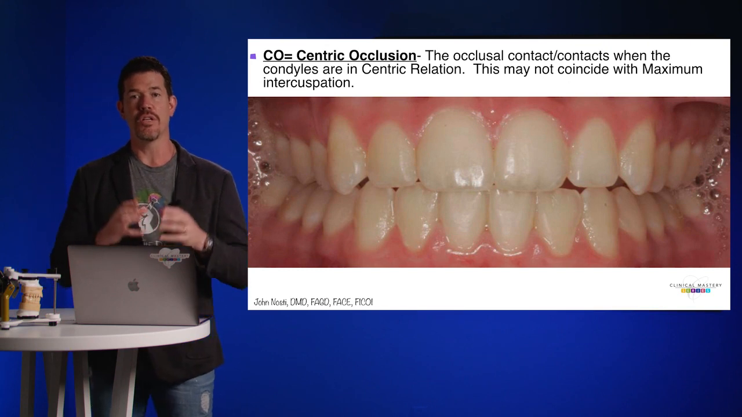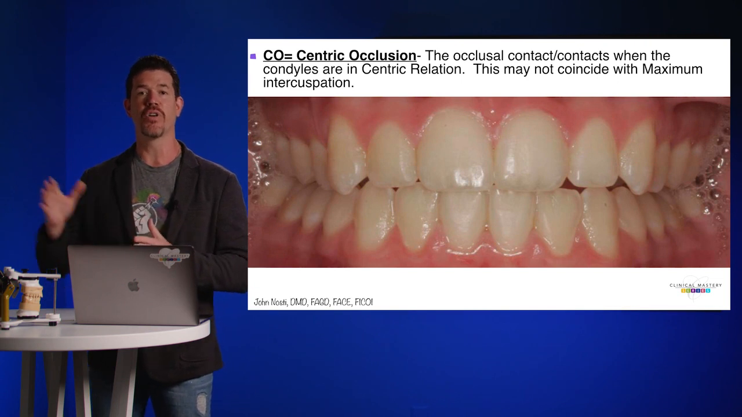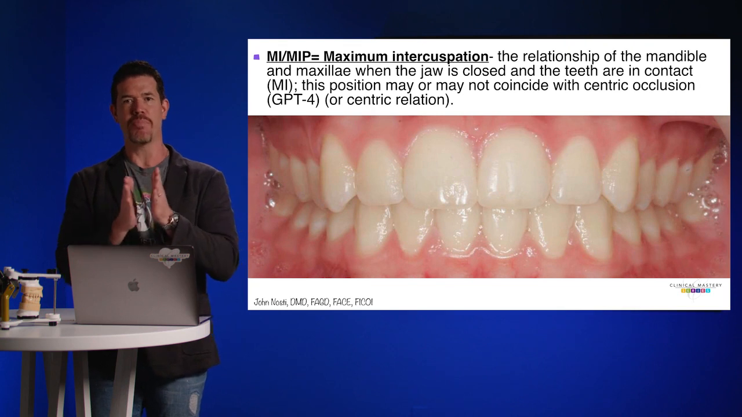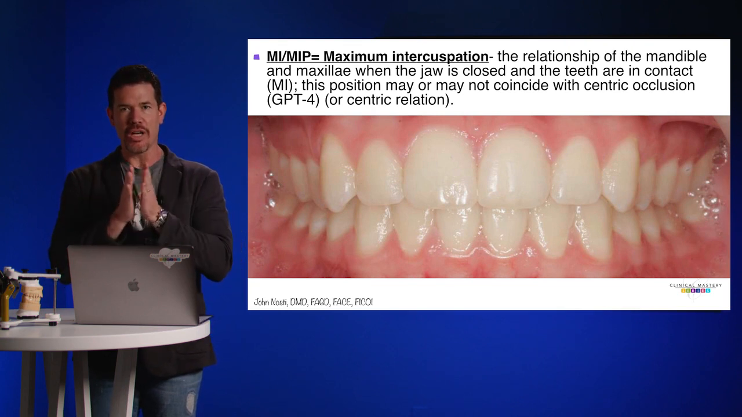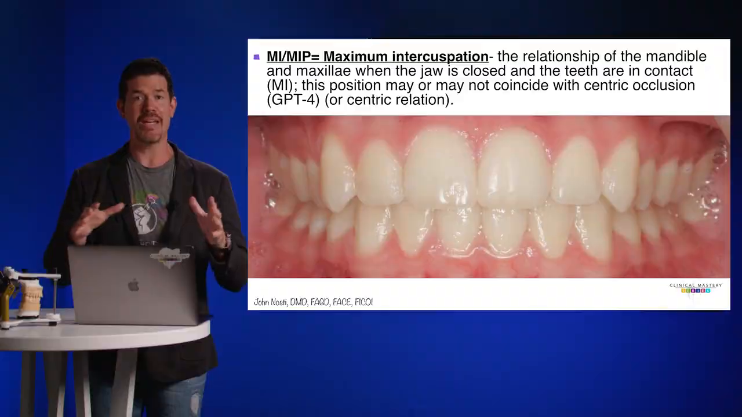Centric occlusion is where your teeth meet while your condyles are in centric relation. So centric relation is the jaw joint position. Centric occlusion is where your teeth meet while your condyles are in centric relation. And lastly, we have maximum intercuspation. And that is where all of your teeth are contacting at the end point position, maximally intercuspating, meaning they're all together, but maximum intercuspation may not coincide with centric occlusion. And we'll talk about how often it doesn't coincide in our